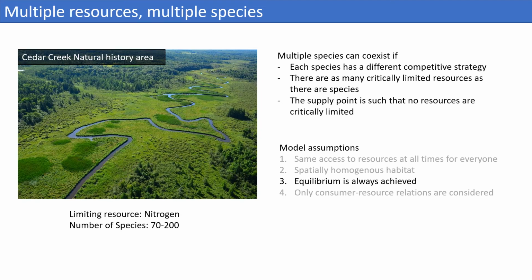In the previous videos, we talked about the limitations of the Tilman resource ratio model and saw how relaxing these limitations one by one allows for the coexistence of multiple species with a limited number of resources. In this video, we will see what happens when we relax the assumption that the competing populations always reach an